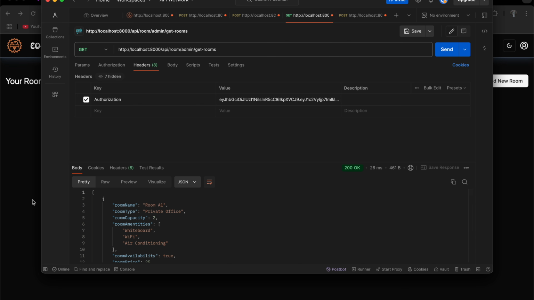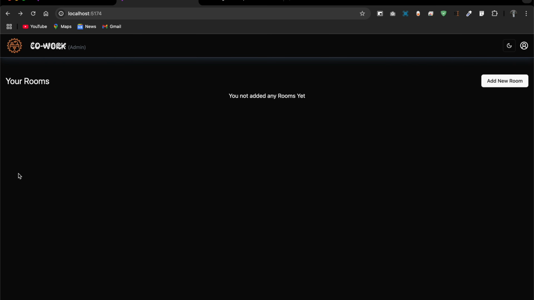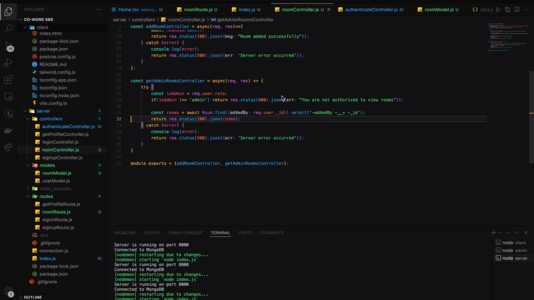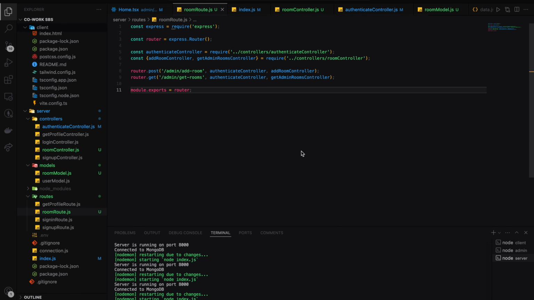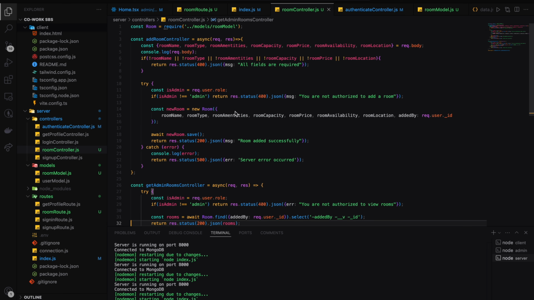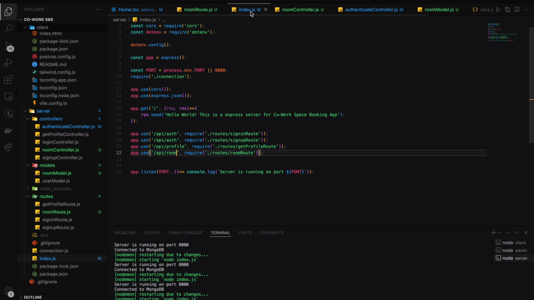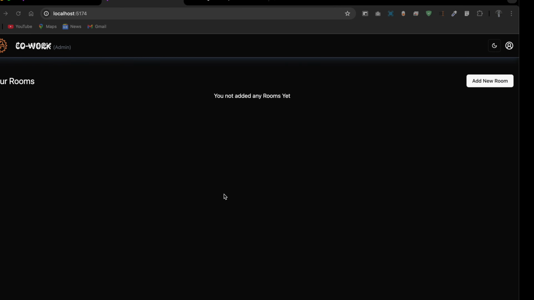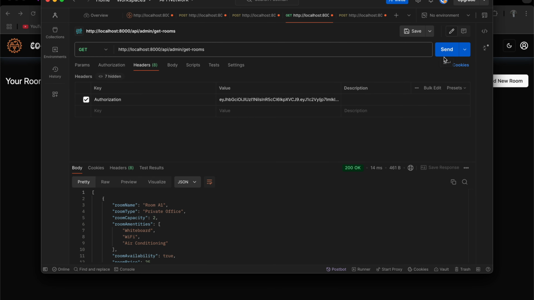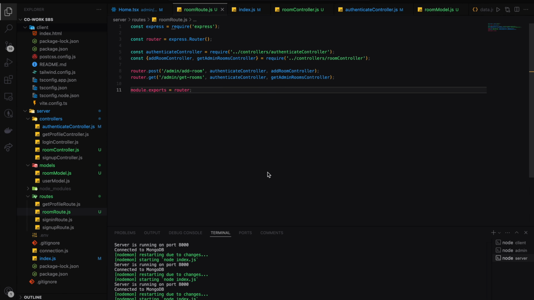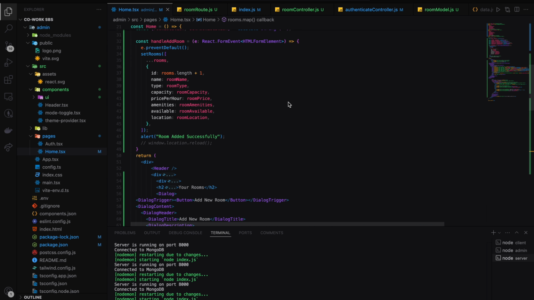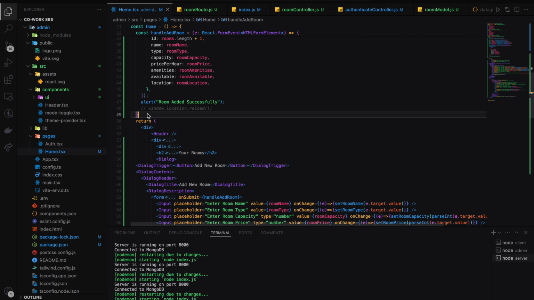Okay, yeah. So we got the room, and here we have to save. So let's go to the roomRoute.js. This is the room route, and in the index we have /api/room. Yeah, it's working fine now. /api/admin/getRooms. So now here in the home.tsx of admin, we have to create a